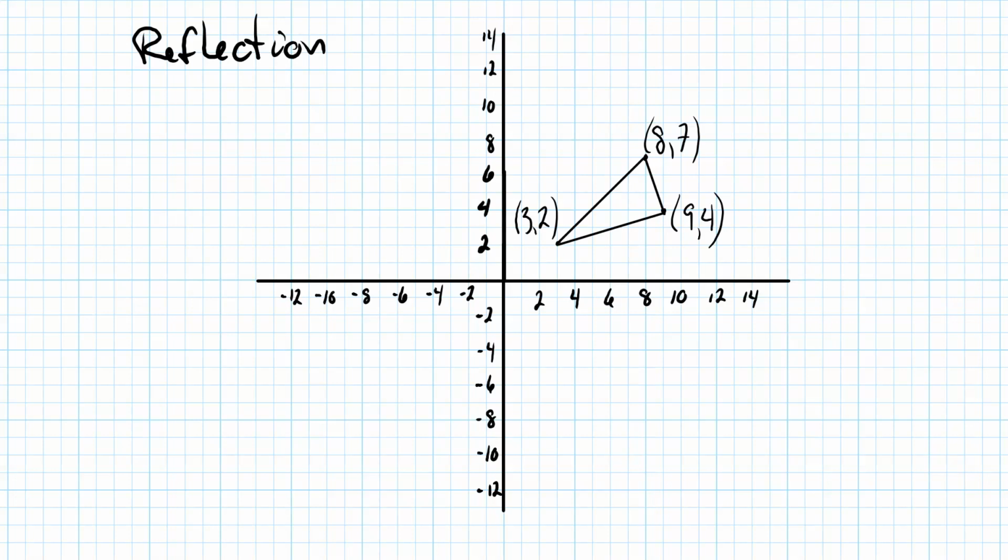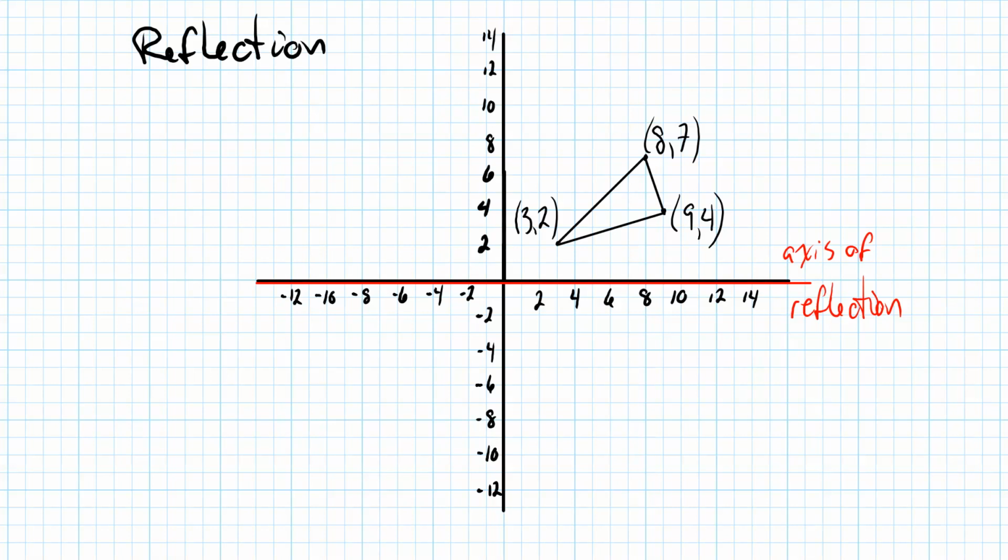Reflection. Reflection is like working with a mirror. You have to first of all identify though where that mirror is going. So where is the axis of reflection? So let's start off just by saying that the axis of reflection is going to be the x-axis. What that means is that each point is going to be reflected in that axis, and we can figure out